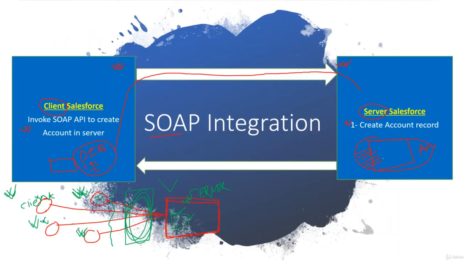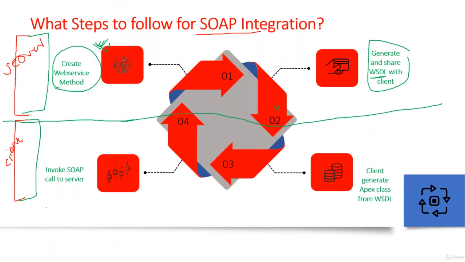Now my client, okay, I have this WSDL file, for example, that I created and generated from my server, and I share this over email or any mode to my client. Take this, this is my WSDL. Now you establish a communication with my system to create a lead. So once they got this WSDL file, what will they do? That's my second point. When this WSDL file came to them, what are they going to do? They have to consume that WSDL.